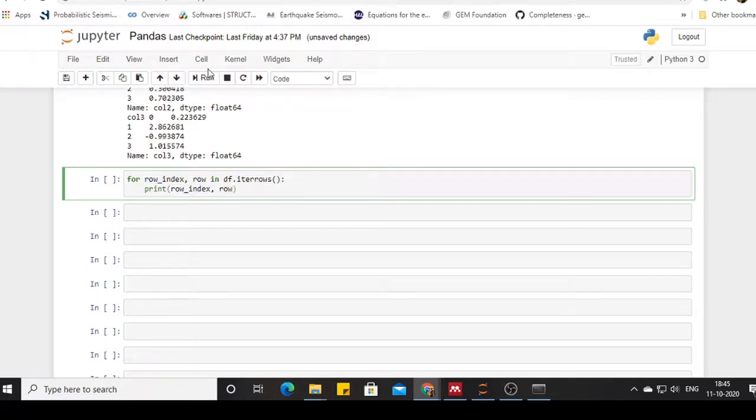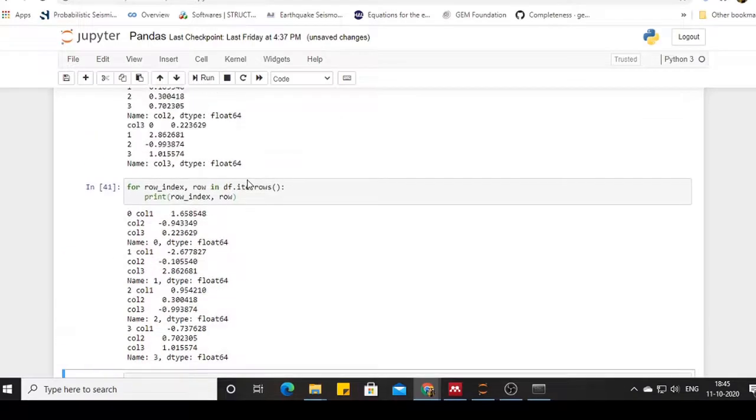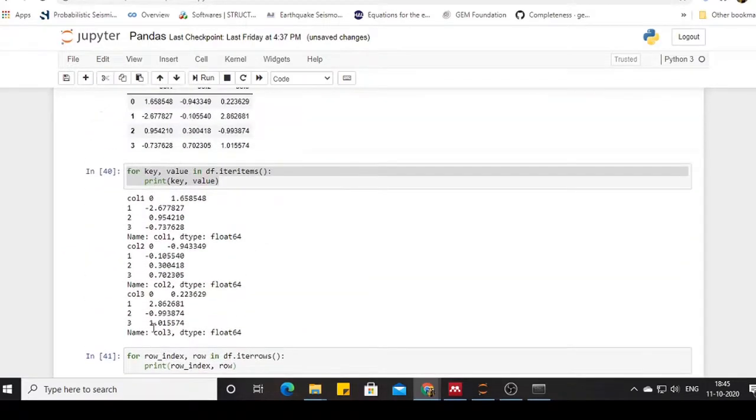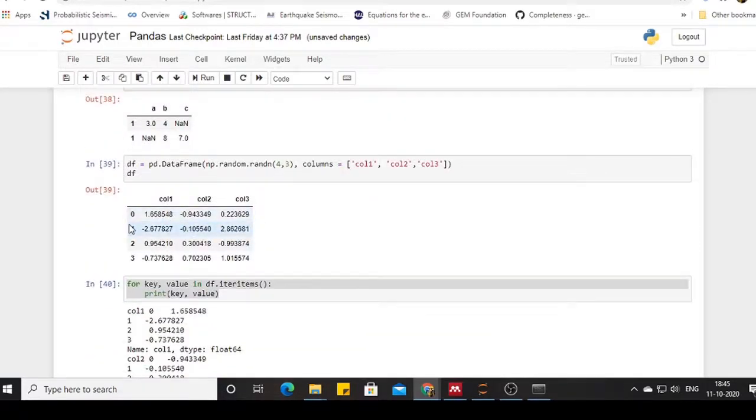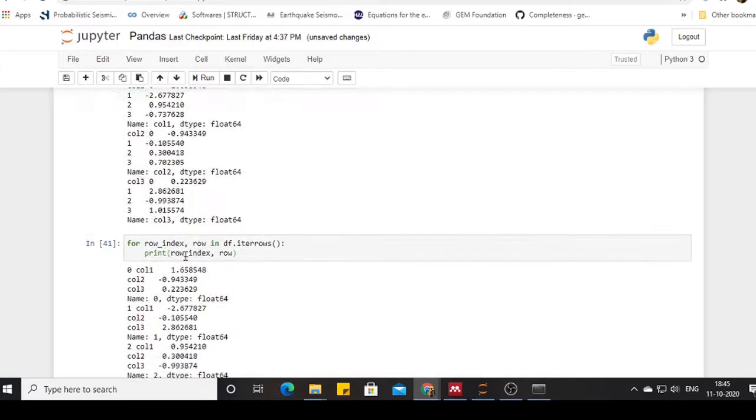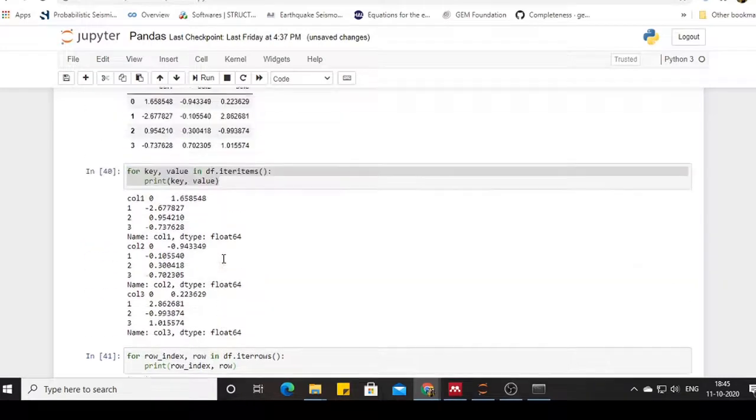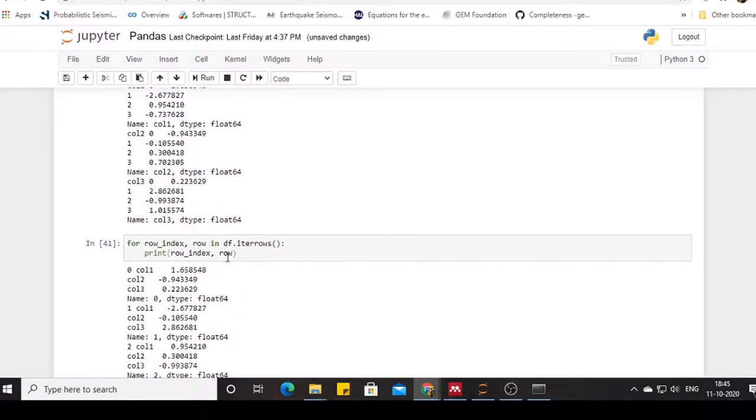Typing this is going to take a lot of time, so I'm just copy pasting. So here, as you can see, it will go through the first row, then the second row, and then the third row. Here the term row index actually stands for column 1, column 2, column 3, and row basically stands